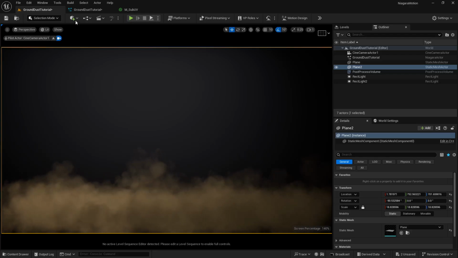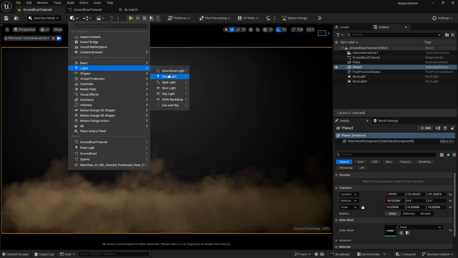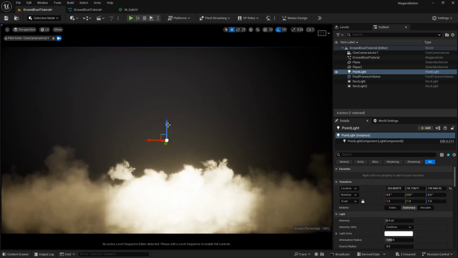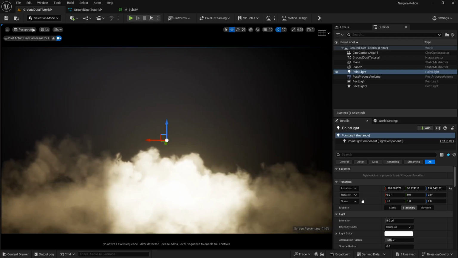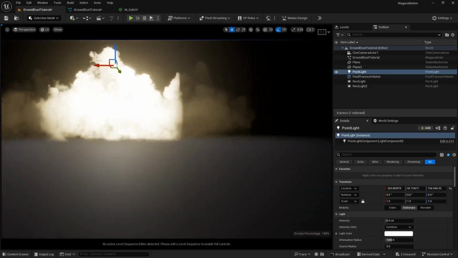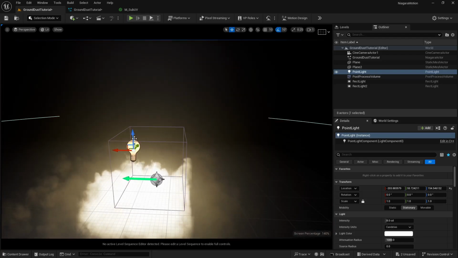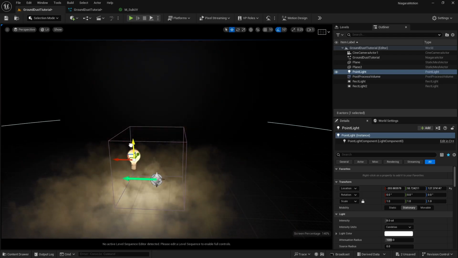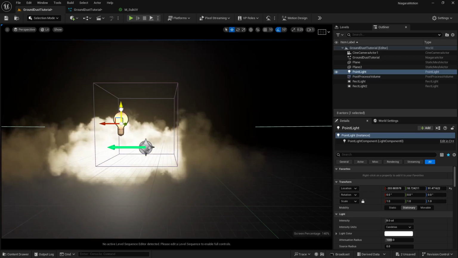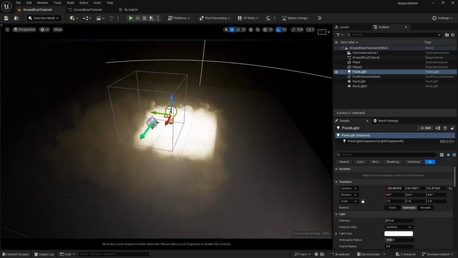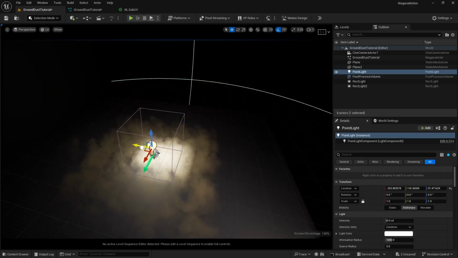Now a tip, what you can do, you can go to lights, add a point light, and now you can see the result. This is looking really beautiful. So let's just press the G key. Let's just go out of the camera. Okay, and now you can see the result. So let's just move the light beneath here. Okay, something like this. Okay, this is looking nice. Let's just move it inwards here.